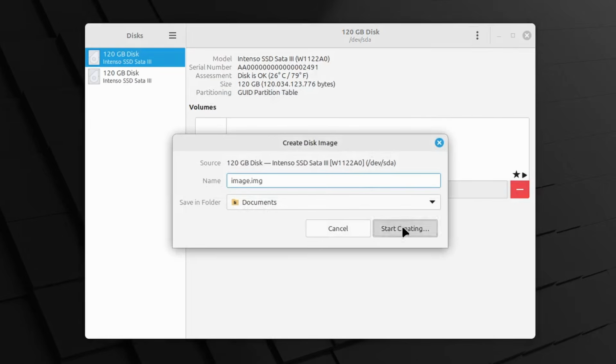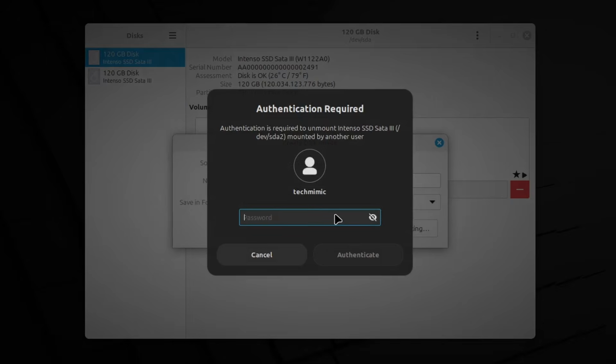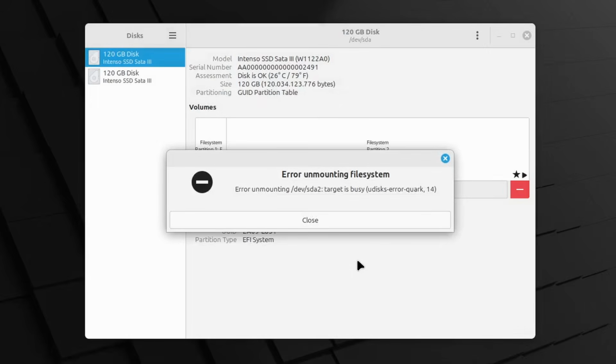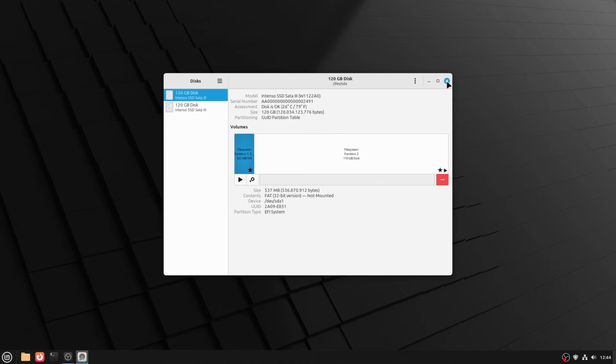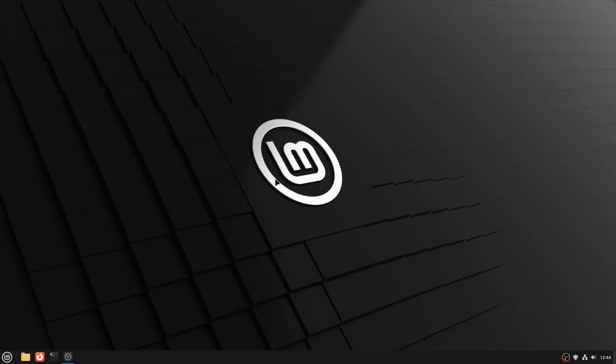It can be on the second hard disk or an external USB drive, because the moment you continue and authenticate, the error message "Error mounting file system, target is busy" appears. And that makes sense, because Linux Mint is still running. Then I've also read that you could use the Linux Mint Live USB and run it from there, but again,